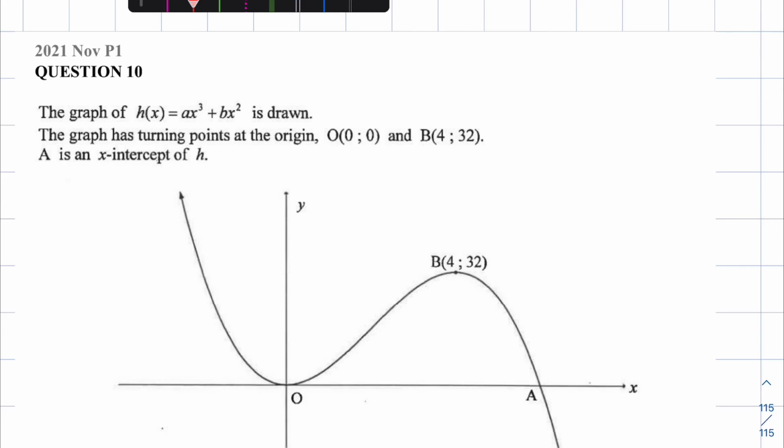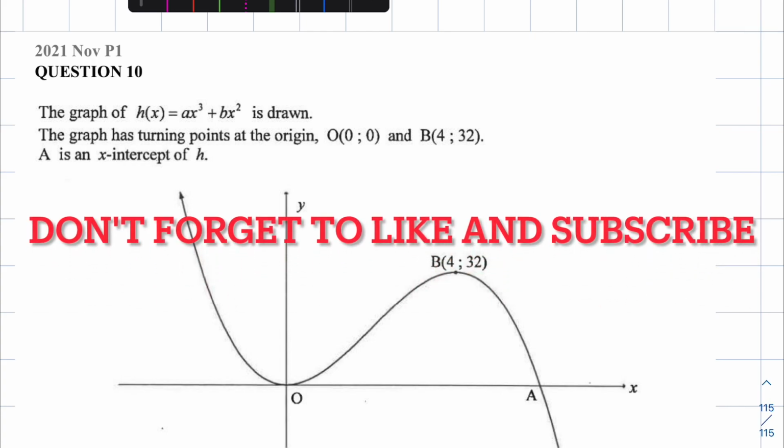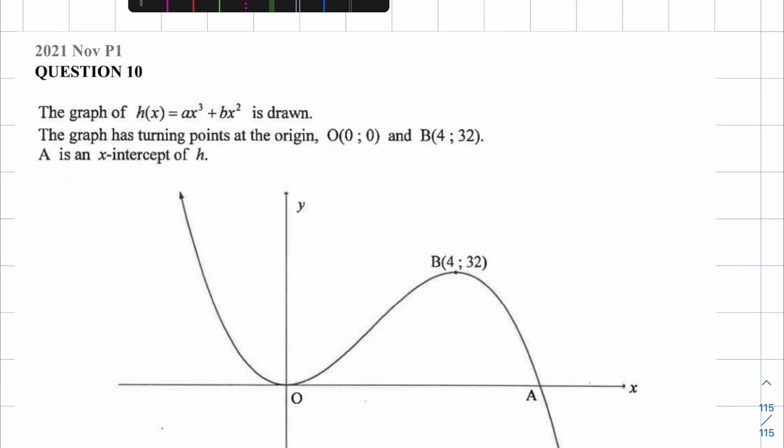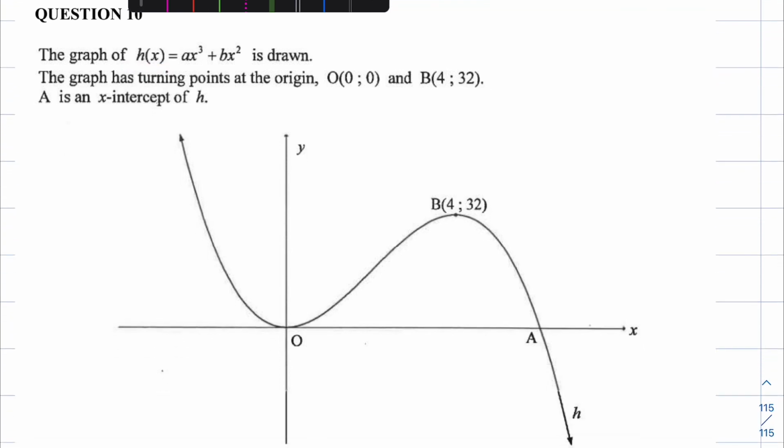In today's video, we are looking at a calculus question. In particular, we'll be doing cubic functions. November 2021, question 10. So let's look at the question. Given the graph of h of x, which is equal to ax to the power 3 plus bx squared is